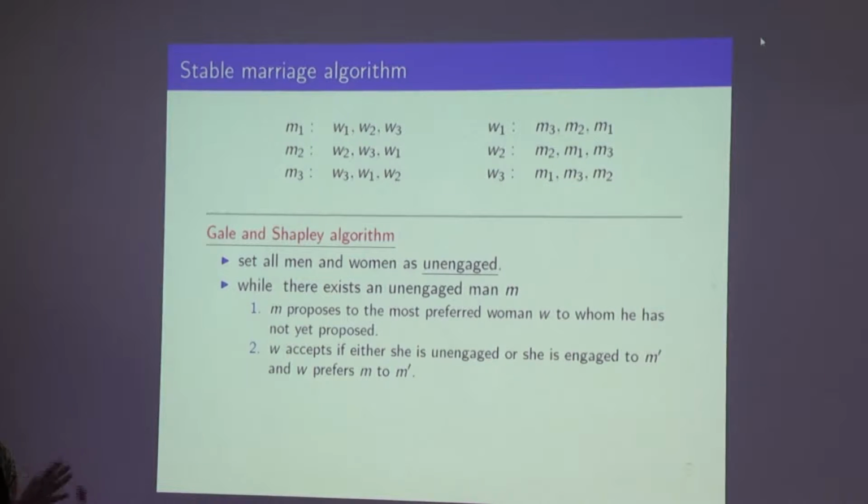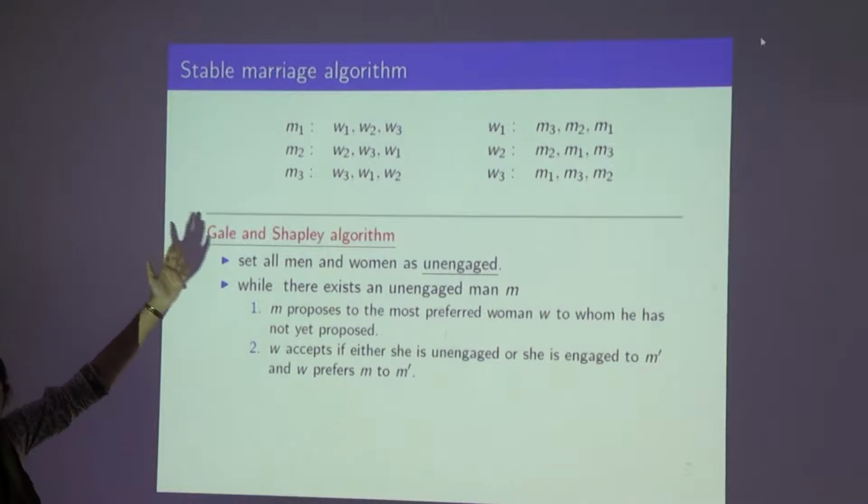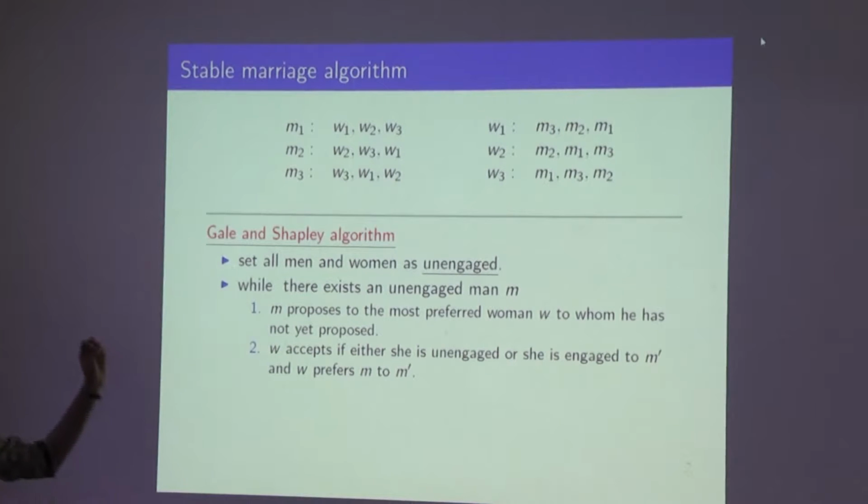Therefore, he will actually go ahead, and at least at the last woman, he is ensured that he will get matched, because the last woman cannot reject all of the partners that he has been proposing to her. And you should see that you can only make proposals up to the end of your preference list. So therefore, every man makes at most n proposals. Therefore, there are a total of n squared proposals which will happen during the course of the algorithm, which means that in n squared iterations, this algorithm is going to halt.